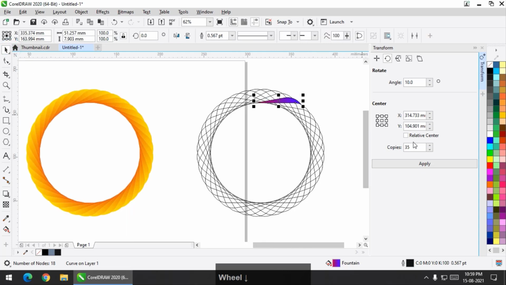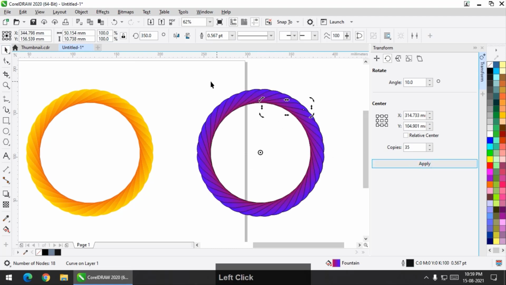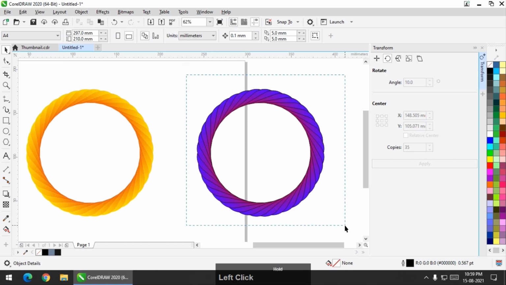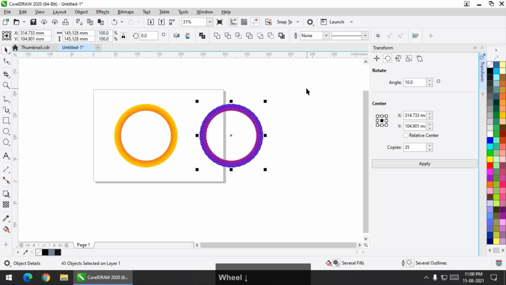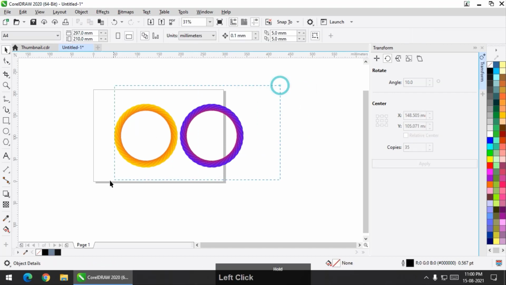Again we have to apply the same number of copies, angle at 10 degrees, and make sure the axis of rotation or the center point is exactly at the center of the bigger circle. Again apply. So another variation of this particular swirl ring is created. It is as simple as that to create these kinds of designs.